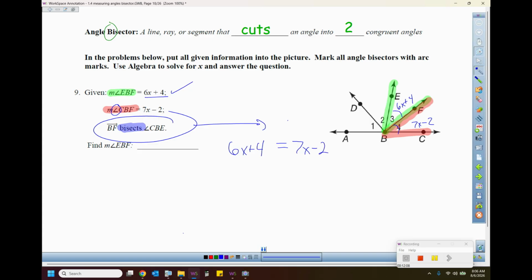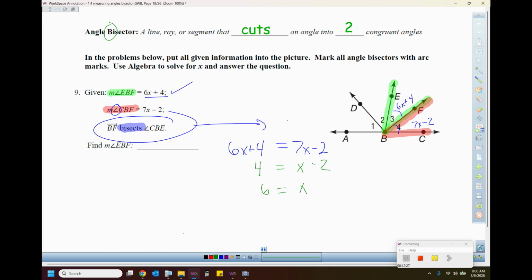We can use algebra to solve for x. So my first move is I'm going to subtract 6x from both sides. So 4 will still be here, equals is right there. 7x take away 6x is 1x, and then there's a minus 2. And then finally, I will get rid of the minus 2 by adding 2 to both sides, and I got